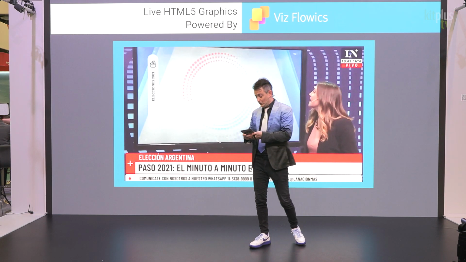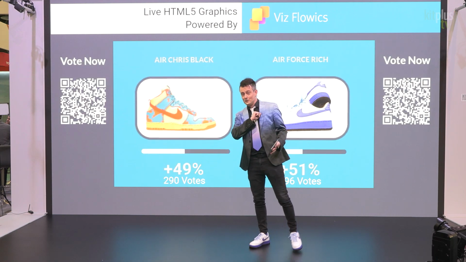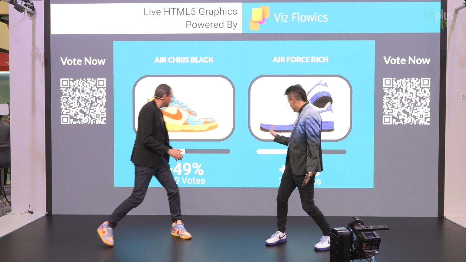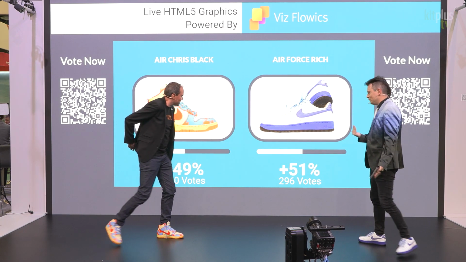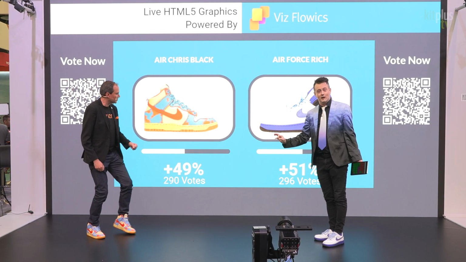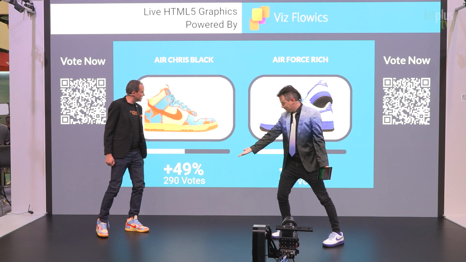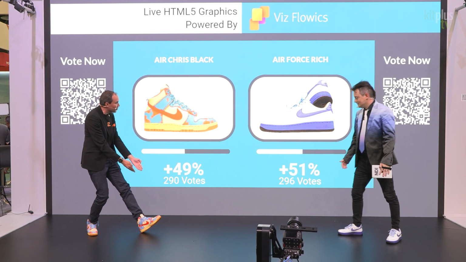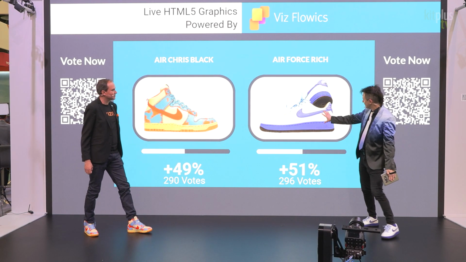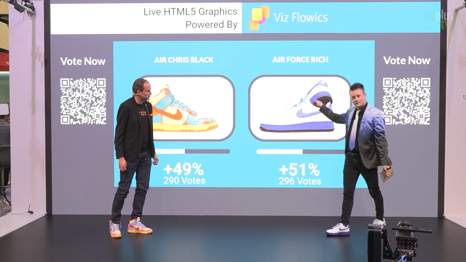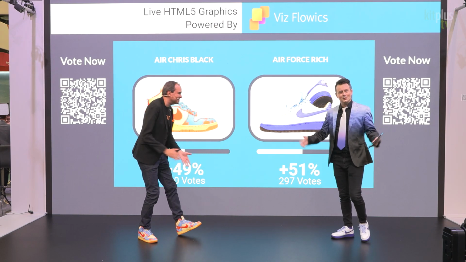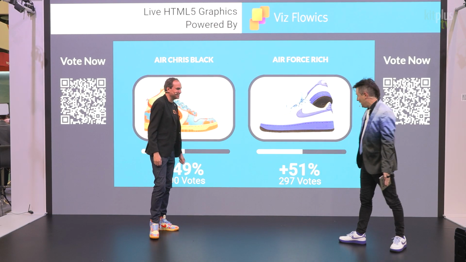And speaking of which, we have a poll that's going on right now, and you can help us participate in that. So if you bust out your cell phones, help Chris and I decide who's going to win this. Yeah, you're still getting more votes here. Pulling away a little bit. Yeah. So we have a debate right now over who wore the best shoes to NAB. Will it be the Air Force Chris's? These things are so hot. Come on, these are going to win here. Those are fire. They're all right. Or the Air Force Riches, custom branded with Viz logo onto the back of them, and they match everything, head to toe. Pull up your phone, scan this QR code, and you'll be able to see.